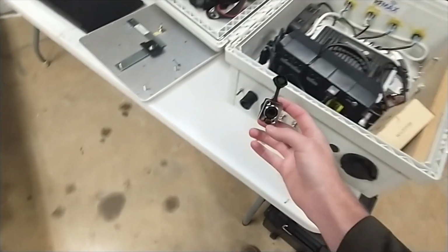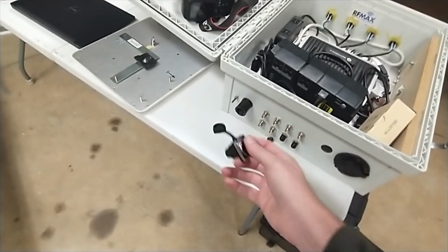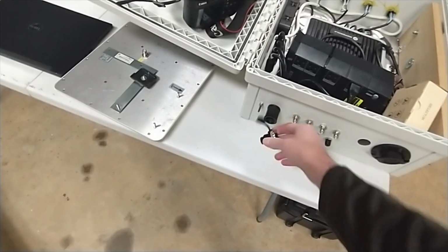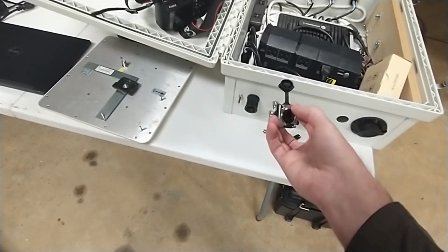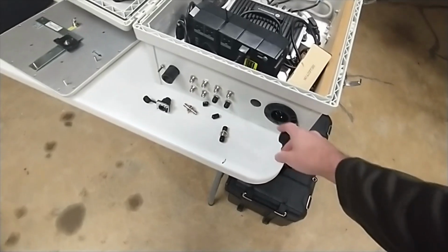And you're going to need to buy an external one. I would prefer this one over that one. You see how this is more flush mount, easy to use. That one, man, it's tough sometimes to get your finger in there and unhook that Ethernet cable. And so this is more flush mount. You don't have to worry about breaking it off by accident. It's got a nice metal connector on the outside, or at least it's a hard painted plastic, but it looks and feels like metal. And of course you got the power in, you've got to buy this,